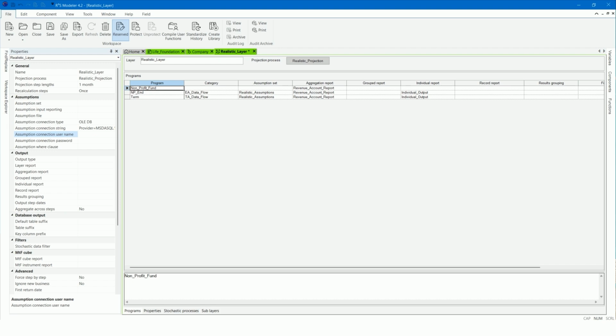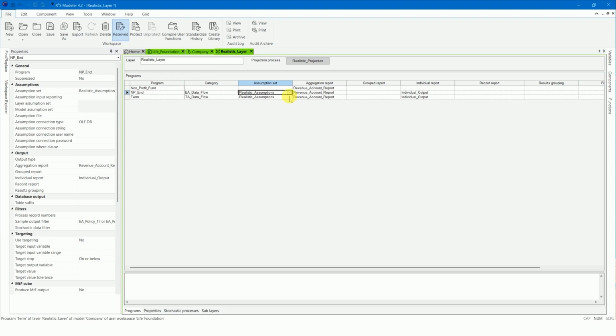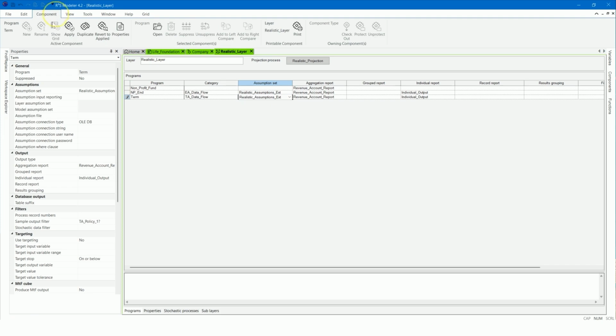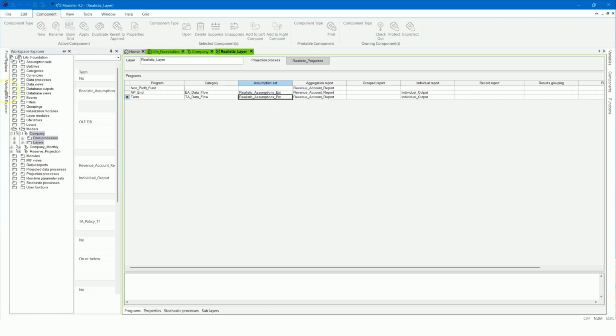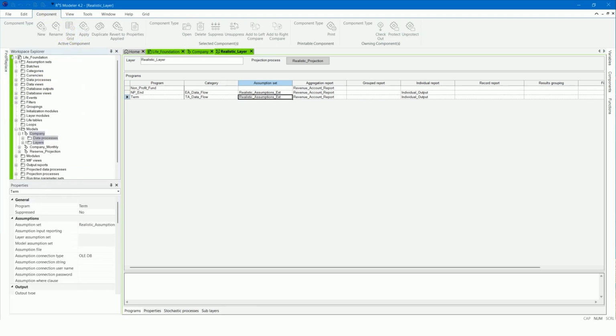Change the assumption set for the realistic programs to use the new assumption set, Realistic Assumptions EXT. Finally, run the model using filtered sample mode and confirm there are no errors.